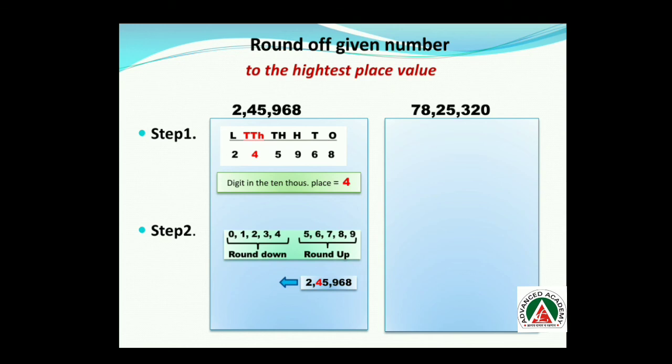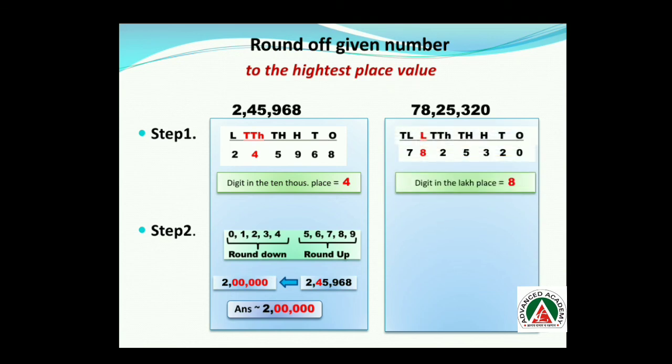We have to round this number to the nearest lakh. Okay. So just because it is round down, just write 2 as it is and drop all digits and make them 0. Okay. Because it is round down. So the answer is 2 lakh. Simple.